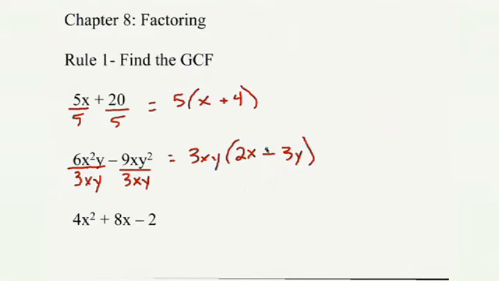One thing to always remember to check is when you look inside this parenthesis, if you still see a number that can be taken out or a variable that's common in both terms, you need to go a little bit further. You need to do it again. So it's always worth looking at your answer and making sure there's still not something else that can be factored. This will particularly be important when the problems get a little longer, or when the numbers get a little bit bigger. Okay, this last one.